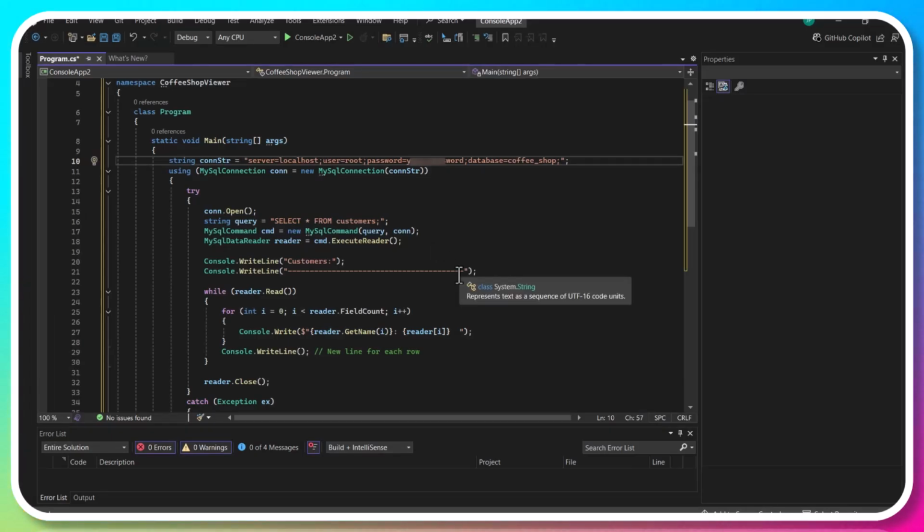And add some lines to the code. Give a command using any valid MySQL query. After execution, we can display the output of such a query.